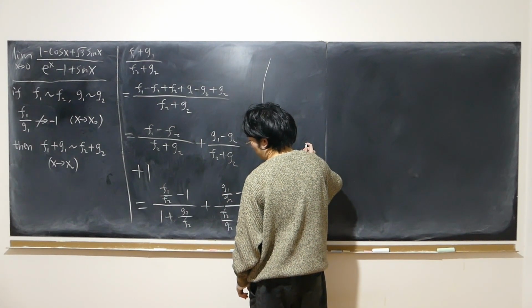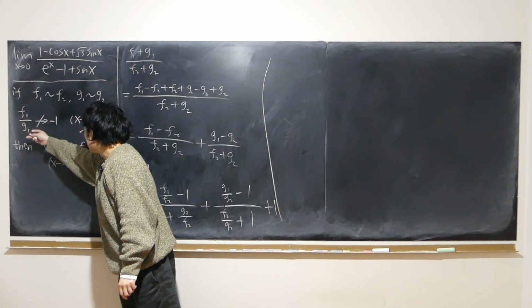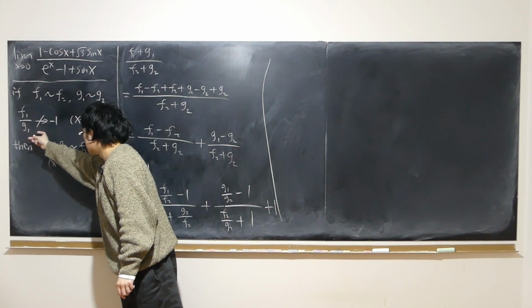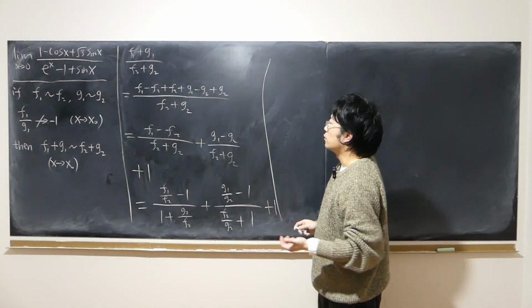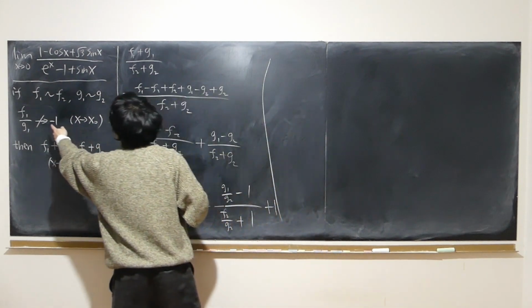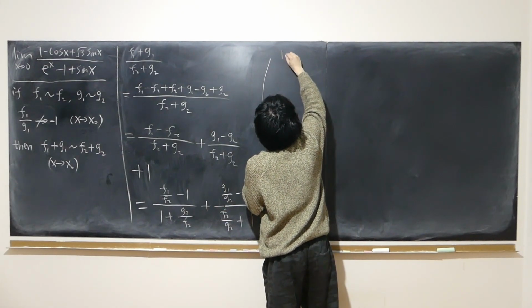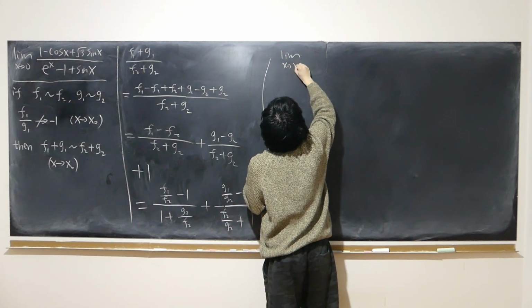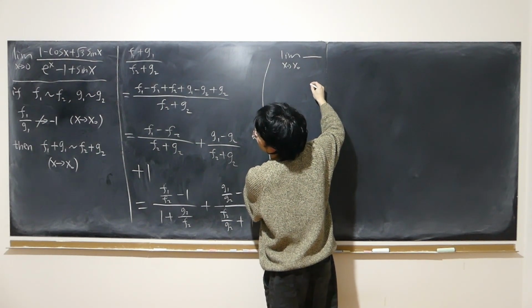What's going to happen on the bottom doesn't really matter, because we're given that f1 over g1 does not approach negative 1. So if we want to work out the limit of f2 over g2,